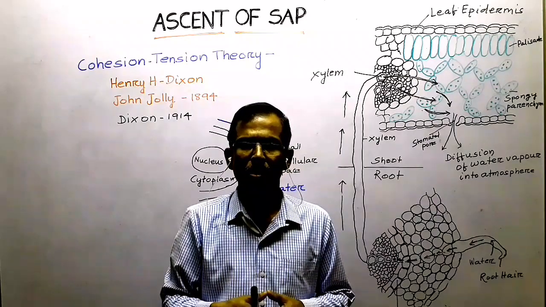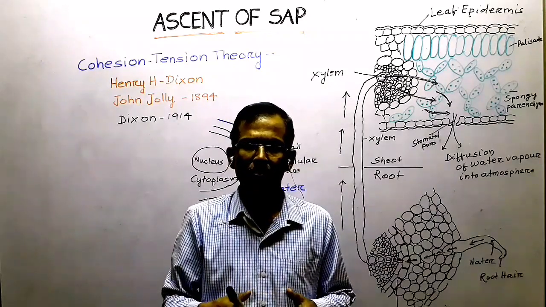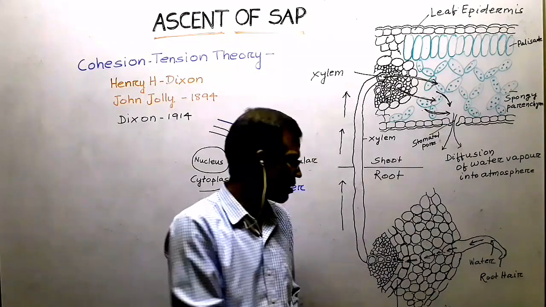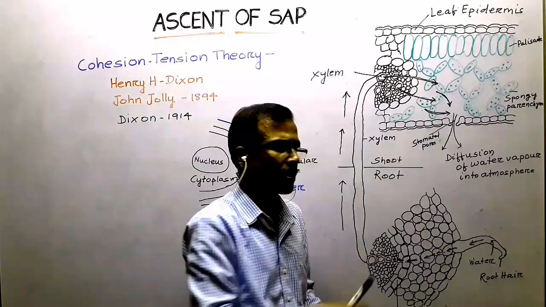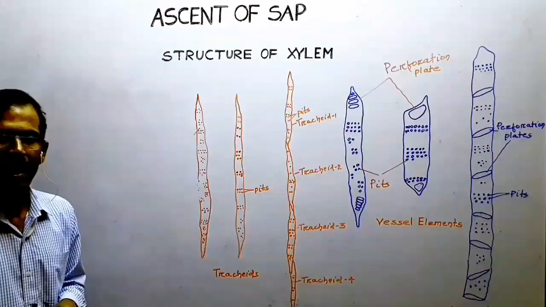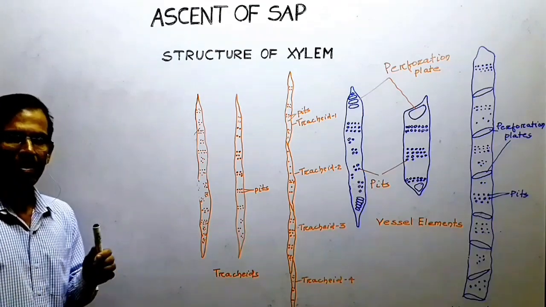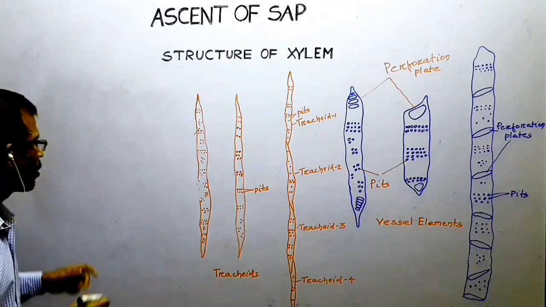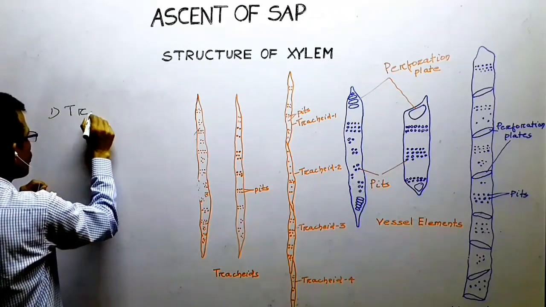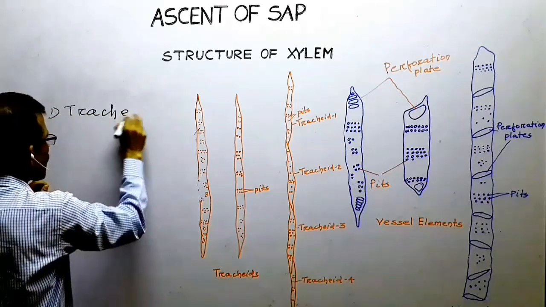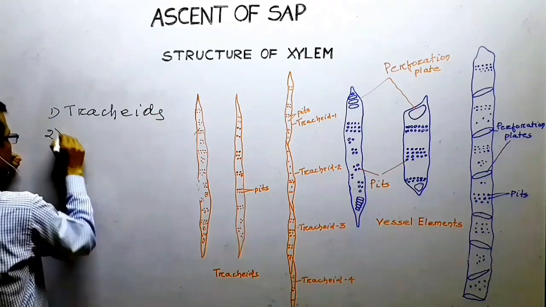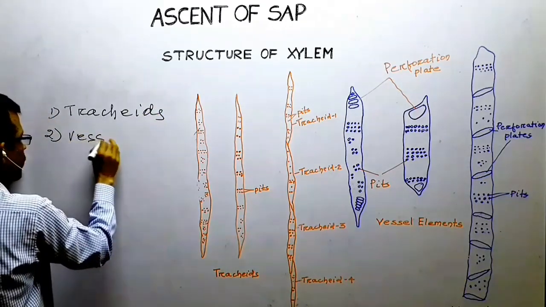tissue, because the tracheal elements that form a low resistance path for this upward movement of water are component of xylem. Xylem is a complex tissue. In angiosperm, it is composed of four different types of cells. They are tracheids, vessel members,